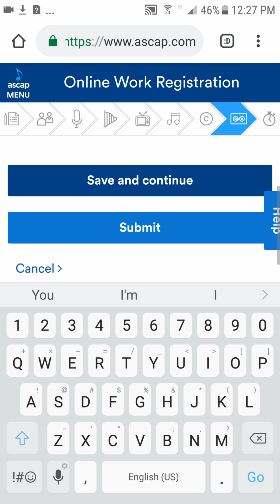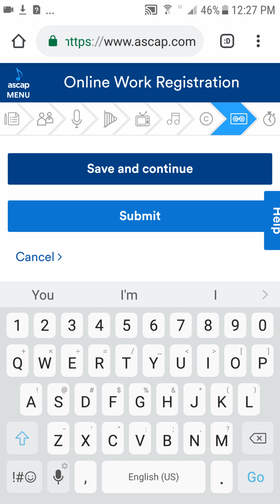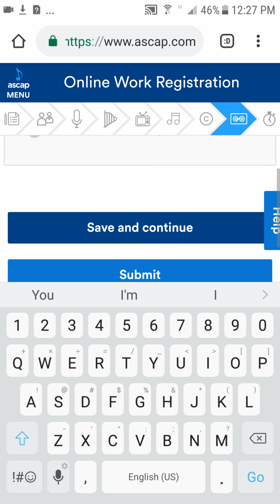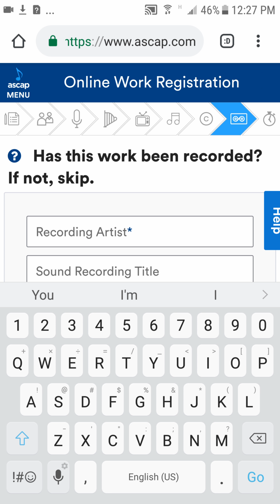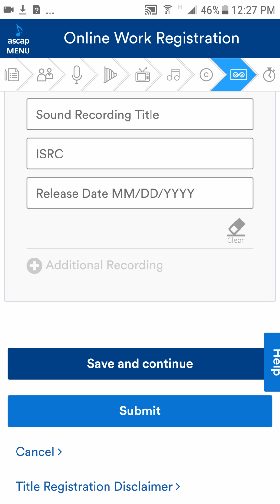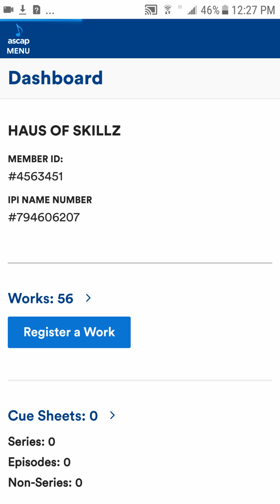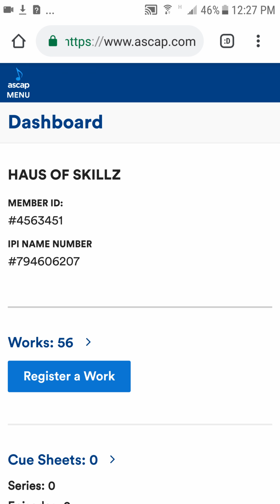I'm not going to continue with that, but after that, you would wait for them to approve it, and then after they approve it, they add it to your repertoire, and then after that, they'd count it and get the money in for you. Now it'll take a while for them to generate everything, but I have a lot of product out, and I am waiting for it to generate in my account. And when I do get it generated, I will do an update video letting you know how much we're making. But you will make a lot more than you're making from DK and the tiny distribution you're doing. That would be a quick run through.